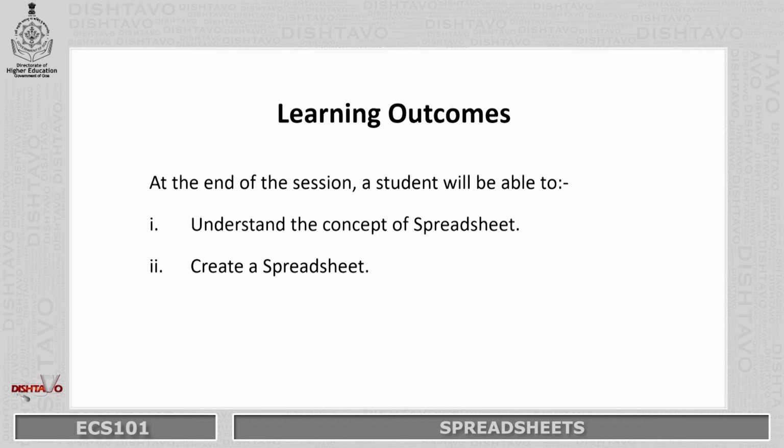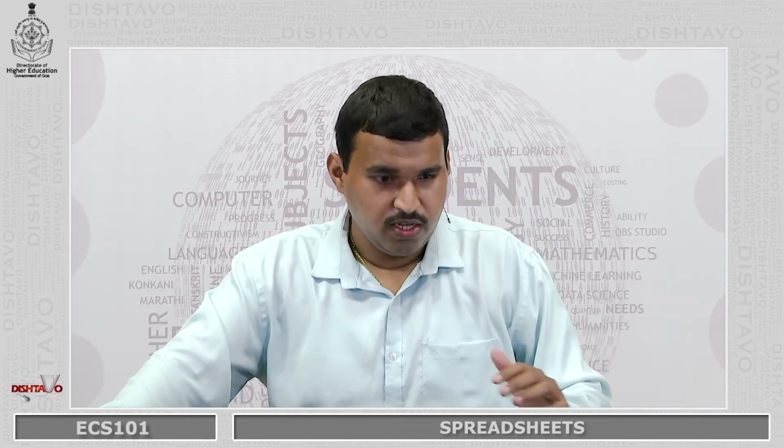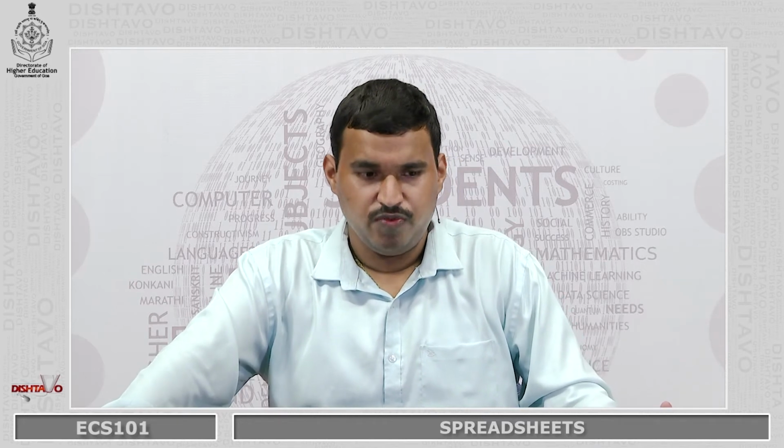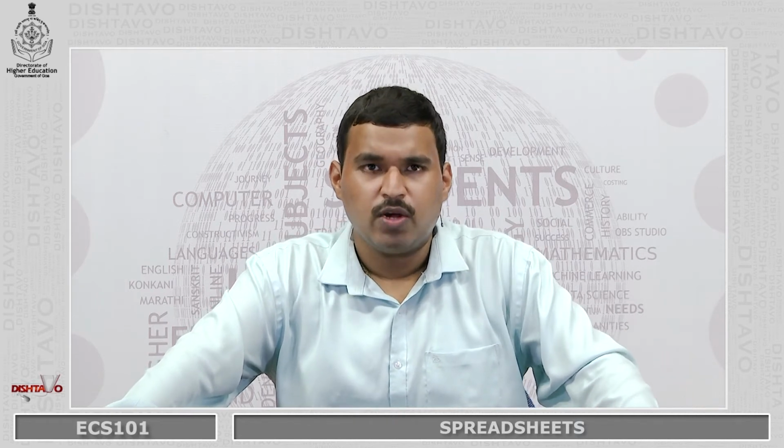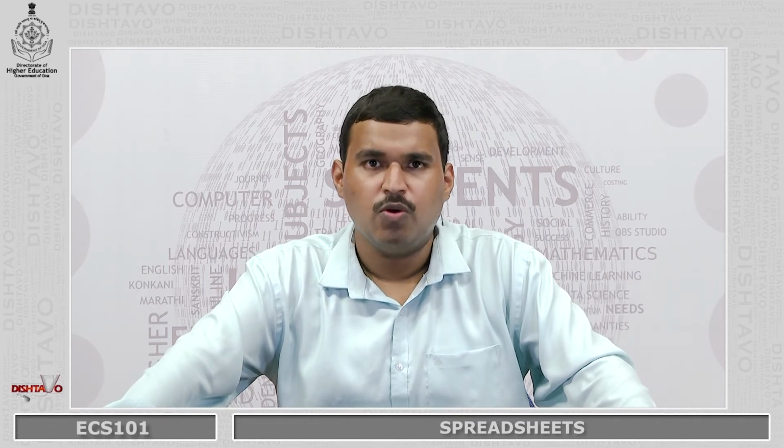create a spreadsheet. So now basically different people have different types of operating systems with them. You might have Windows, you might have Linux, you might have the Mac operating system of Apple. Now here what do we have to do? We have to go to the Microsoft Office app, and within that we have to go to the Microsoft Excel application, because that application is giving us access to the spreadsheet.